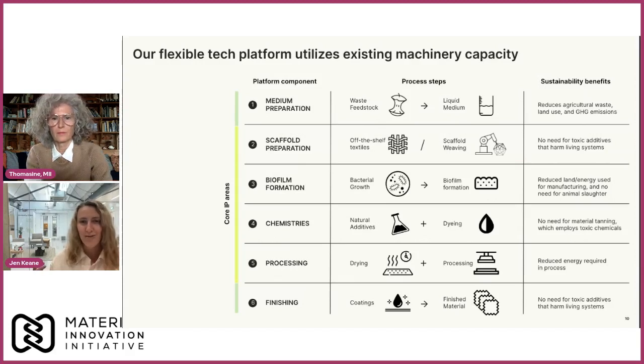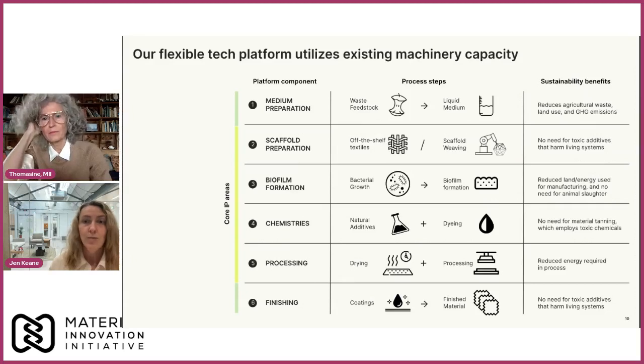Here in our micro factory that you can see behind me, we've been doing the work to really take that process and look at how it can scale. And so we've been able to break up that process into multiple steps that allows us now to utilize existing machinery capacity. We've recently, which is news that we haven't shared yet, been able to enable roll-to-roll production, which